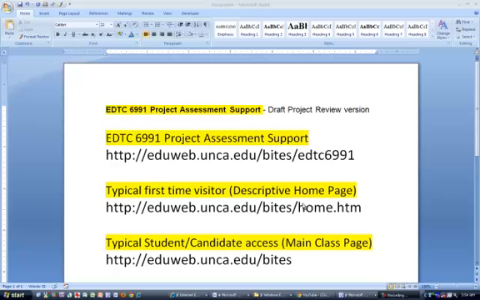the draft project review for EDTC 6991. I have 3 pages of primary consideration for the draft project review. The first is actually created for the review process. It is located at